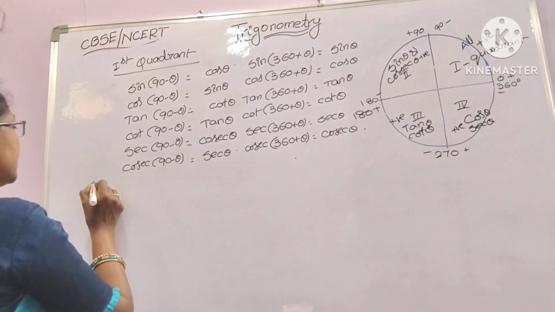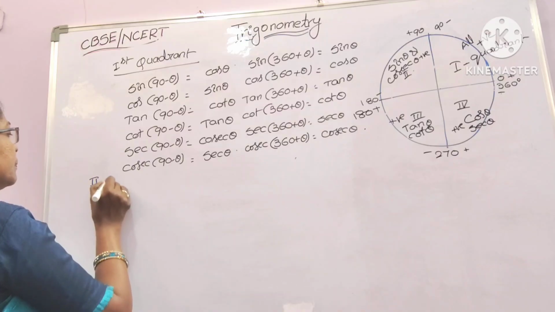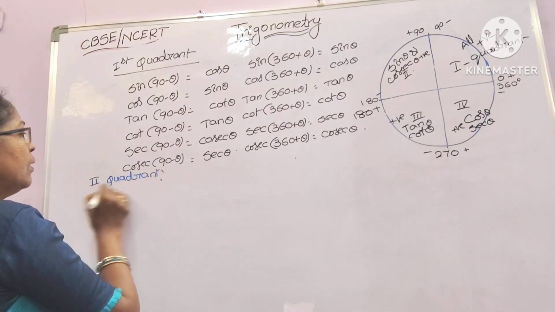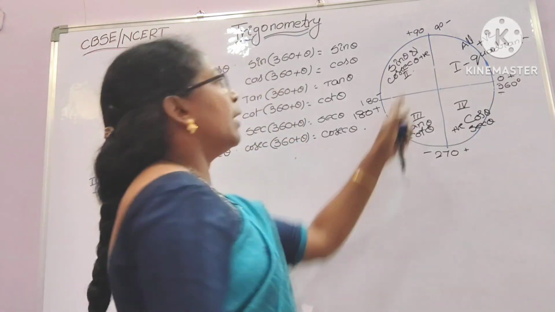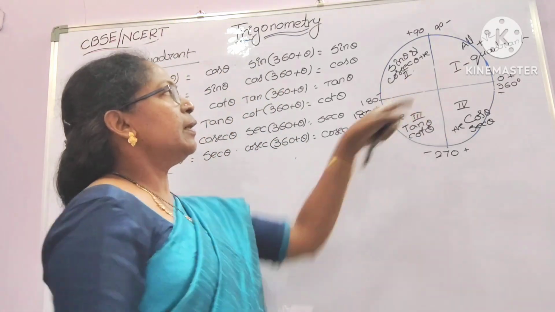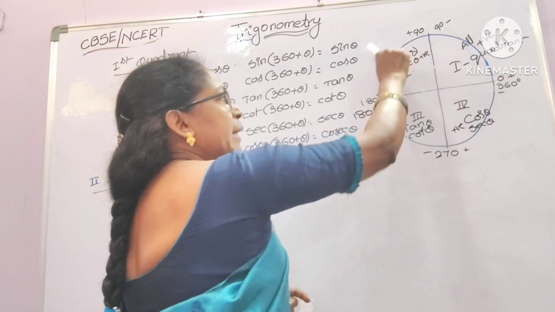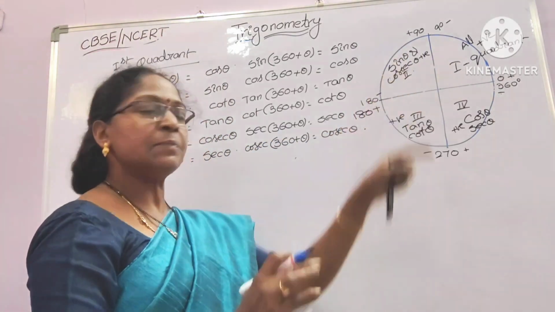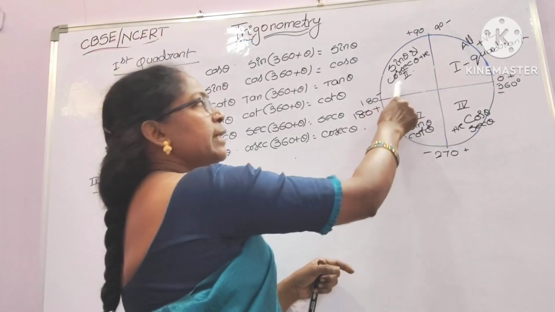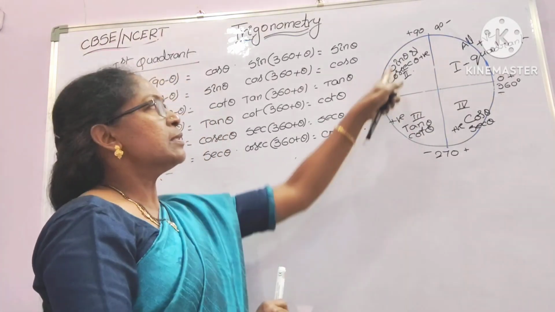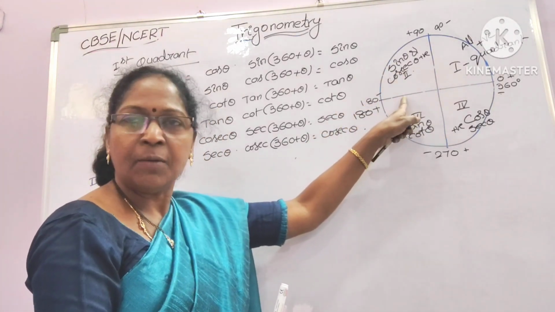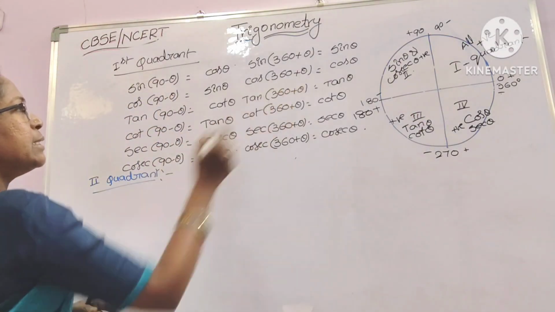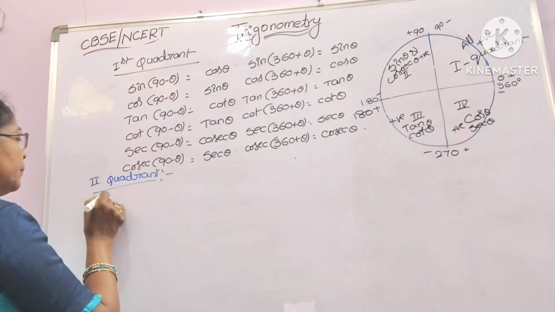Second quadrant. In the second quadrant, what does it become? Here 90 plus theta or 180 minus theta. Both come under the second quadrant. In the second quadrant, which are positive? Sin theta and cosecant theta are positive and all the remaining are negative. Just here you write, in the second quadrant, sin